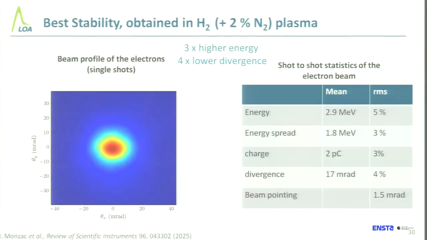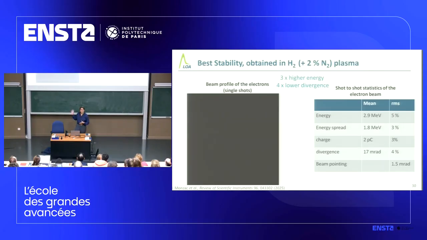And this was obtained using hydrogen plasma with very, very stable parameters, whatever parameter we are regarding: energy spread, charge, beam pointing. Everything is very stable, with a beam pointing stability of only 1.5 milliradian RMS. And in the field of laser wakefield acceleration, this is one of the best, most stable beams that we got. And this concludes my first part regarding the study of the influence of the gas pulses on the electron